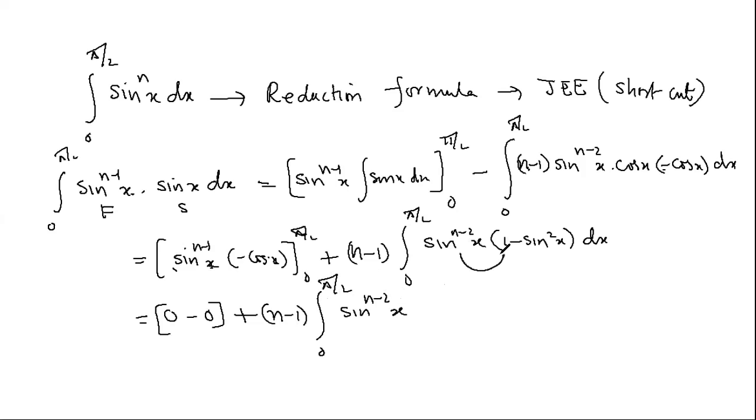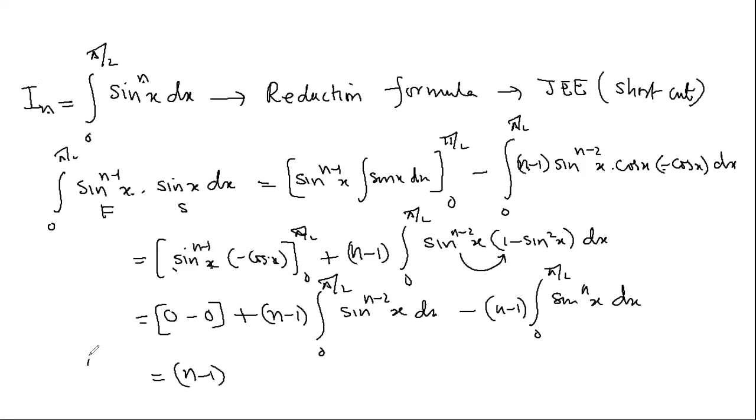I'm opening the bracket. And when I open this bracket, because sine's power becomes n, I'll do one thing. I'll separate it here only. I don't want to increase my steps. The dx minus n minus 1 into 0 to pi by 2 sine raised to n x dx. Let me call this I n. That means when the power is n, I n. If the power is 2, I2. Power is 4, I4. So this will become n minus 1, I n, 0 to pi by 2.